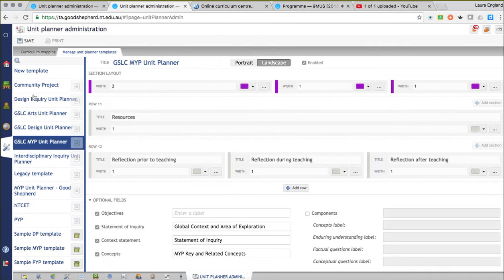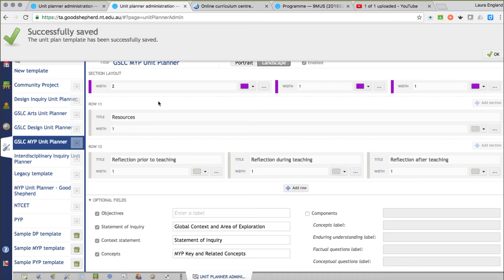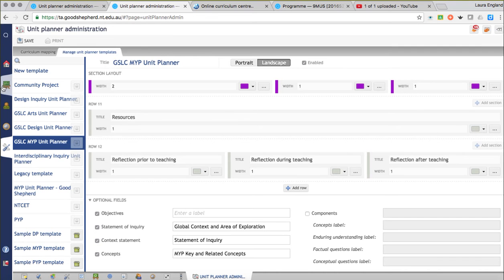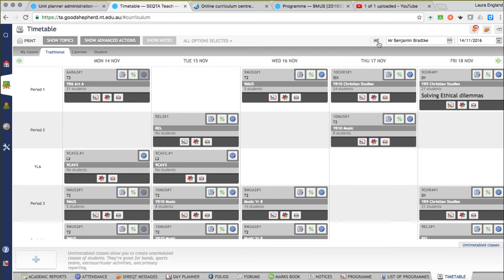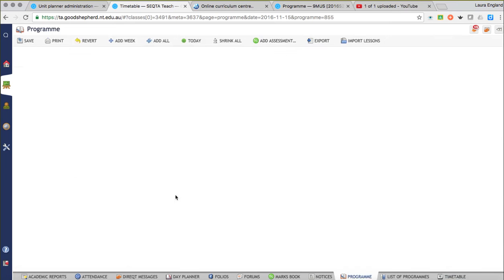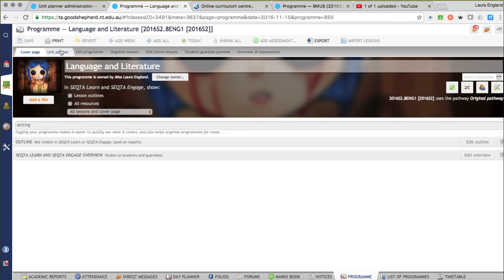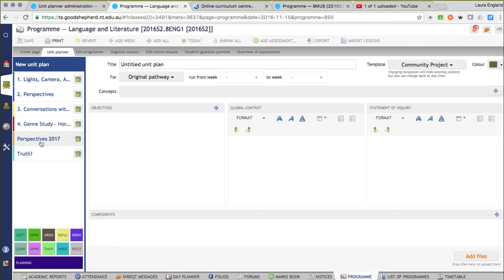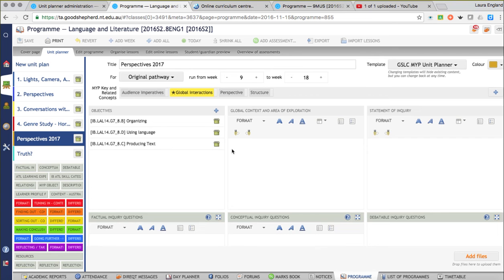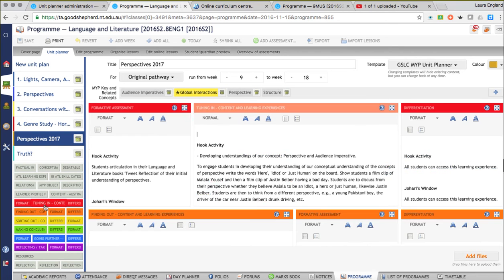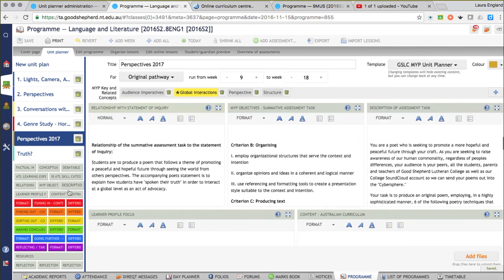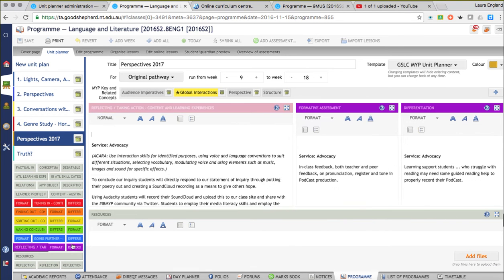So to give you an example of a final copy, I'll just come to my unit planner. So we come to mine, click on Laura, so my unit planner. Kieran and I have finalised our poetry unit for Step Up, and so there's our perspectives unit. Using the new unit planner, you can see that down here it is a little bit messy. So this should actually be here, but it's actually there. Once again, all out of order. However, when we print it,